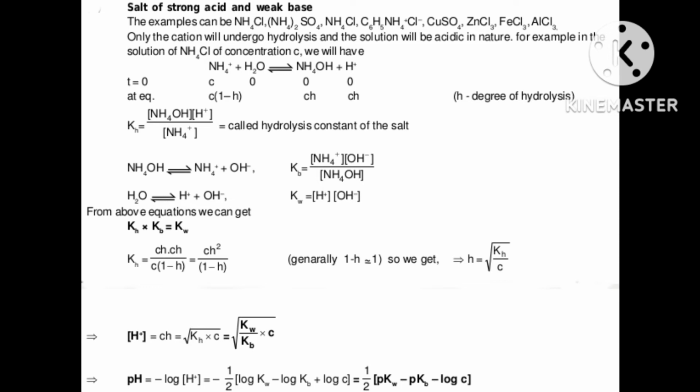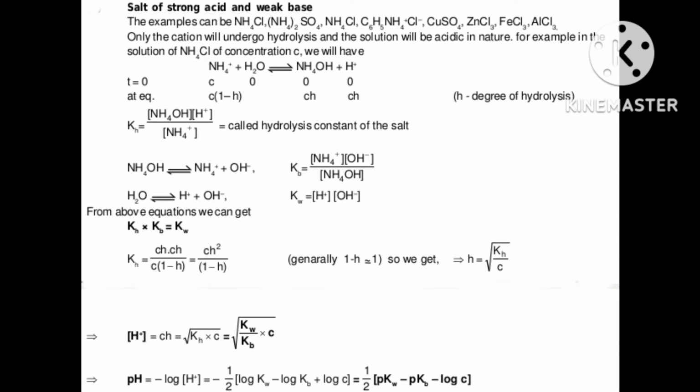These numericals are based on the theory I have discussed. I am telling you a question, a problem, just listen. A numerical is also called a problem. The question is like this: determine the degree of ionization. Degree of ionization means alpha. Determine the degree of ionization and pH of a